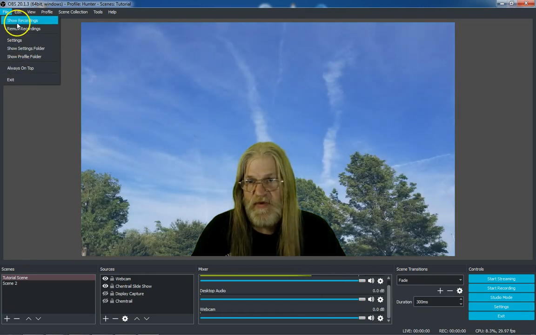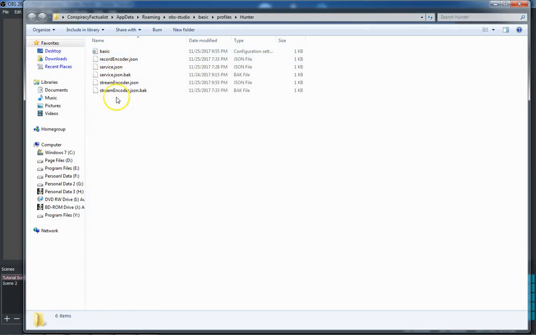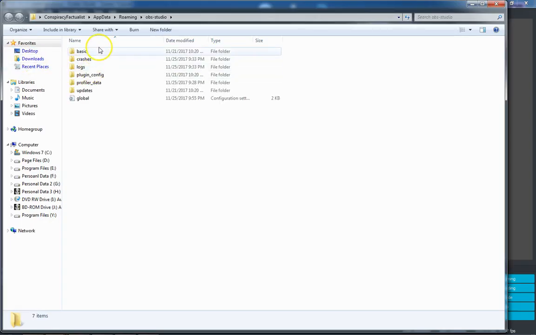These are pretty much self-explanatory, and you can click on one and it's going to show you the folder from the AppData, Roaming, OBS Studio, and this is going to show you the different encoder, the service, the stream encoder. You're probably not going to be worrying too much about that, but you have your profile, your settings folder is going to show you